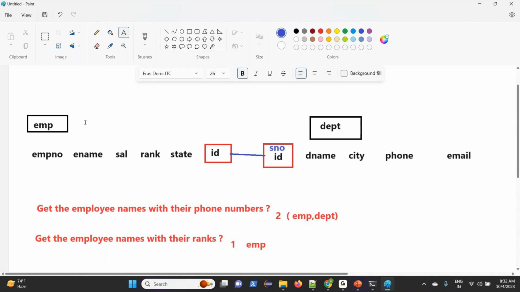Simple question. Here contact is there, and here phone number is there. For example, contact and phone number are the same or not? Tell me, yes or no? Yes, sir, definitely yes. So column names will be different. But people have a question, because I am talking about the real time, where I face the problems.